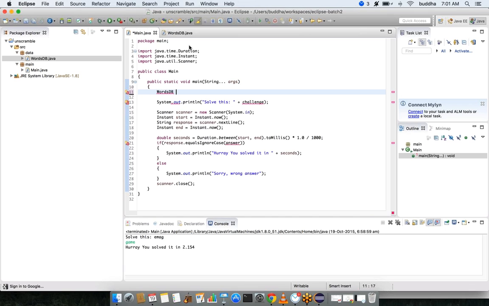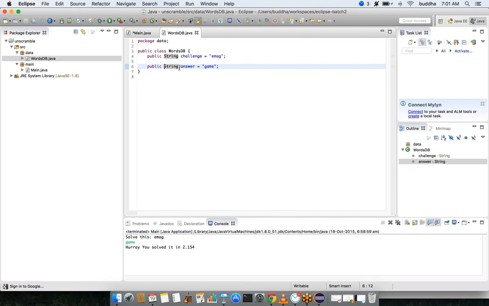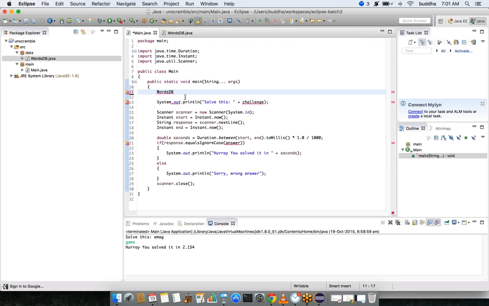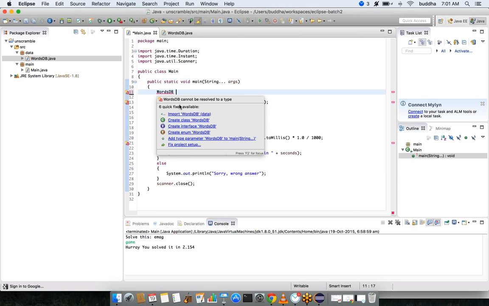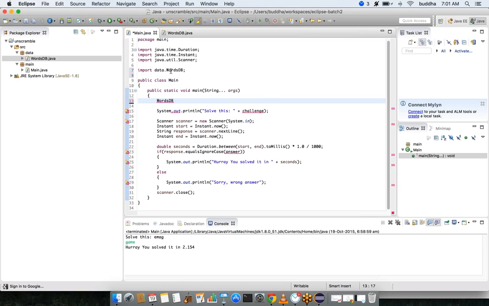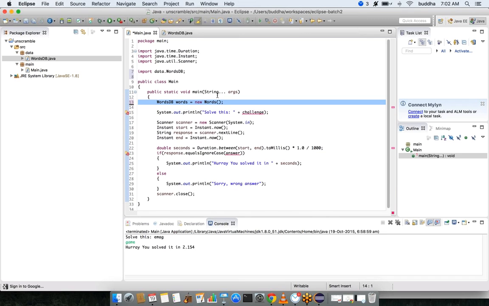What I created over here is a class. Now to use this WordsDB, I'll have to create a new object, right? And then I have to import it: import data.WordsDB. Now I'm going to write words equals new WordsDB. This creates a new object of WordsDB.